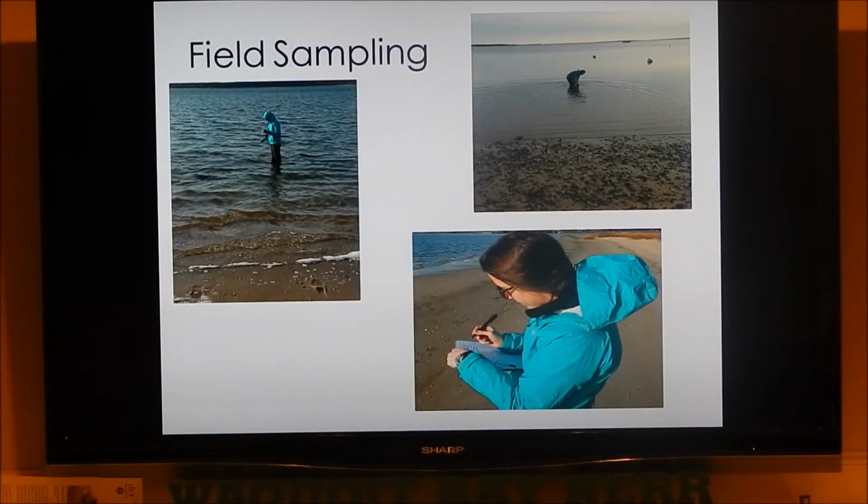So first of all, when we go field sampling, these are some of the pictures from the sites around WHOI. So here I'm using an environmental probe to go out and take environmental data. You probably can't see it, but my hand's out like that, so I'm holding something down into the water. And that probe takes environmental data like dissolved oxygen, temperature, and salinity, so we know what the physical parameters of the environment are.